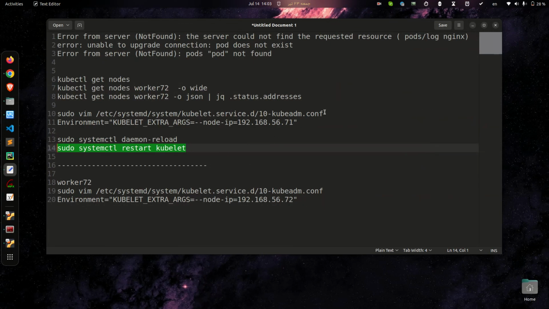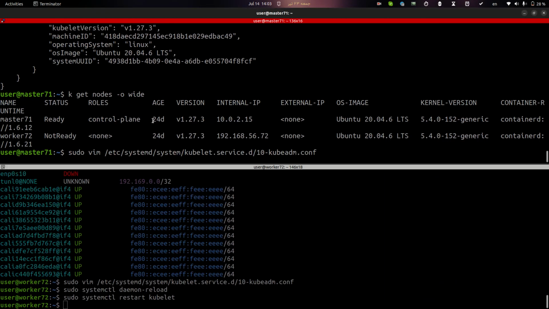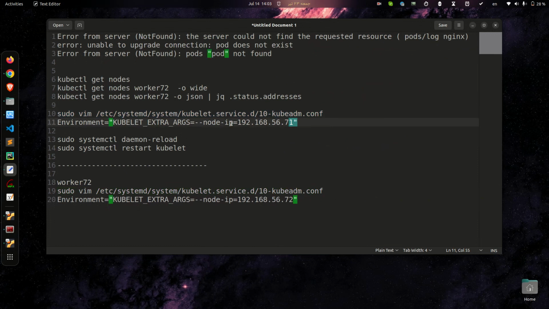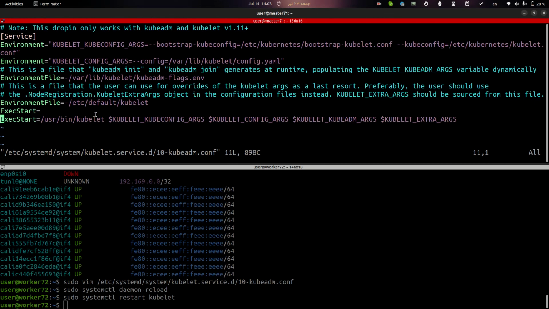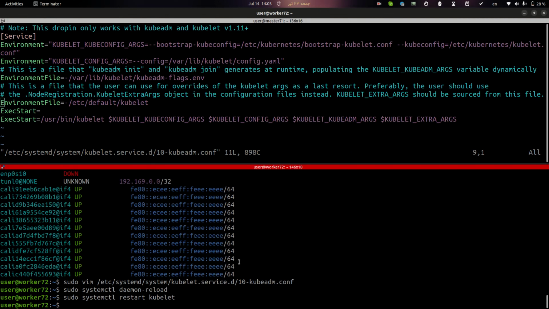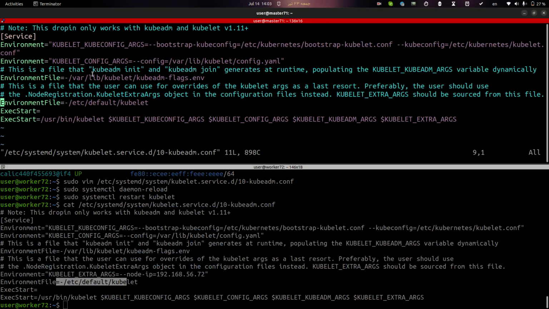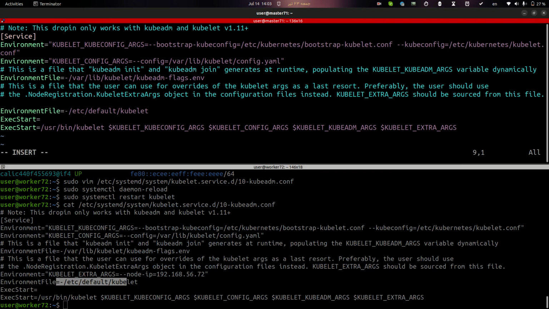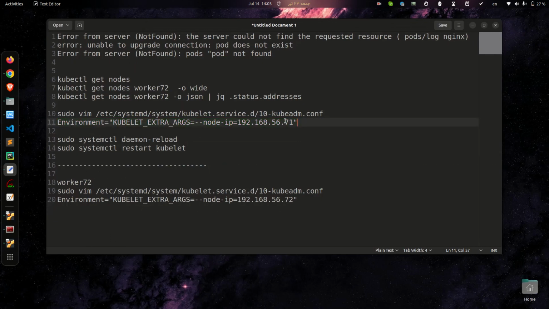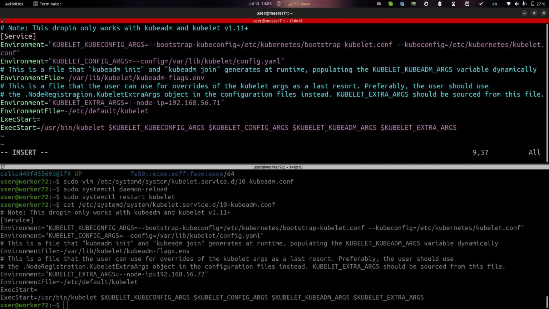Same situation for my master node. I wanted to do the same configuration on both hosts,